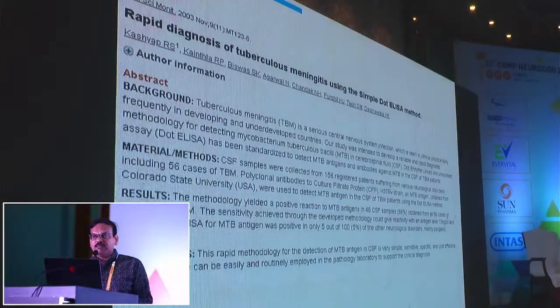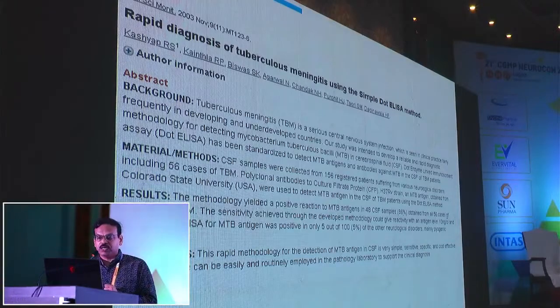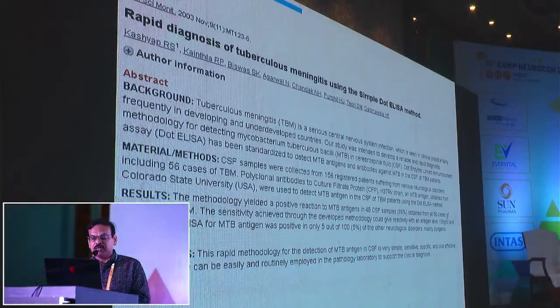So, taking this 30 kD band as a point, we started further research on this. We got antigen from Colorado State University for the H37Rv strain, and we produced antibody against this strain. And then we looked at reactivity of CSF with this antibody, and we found positivity of around